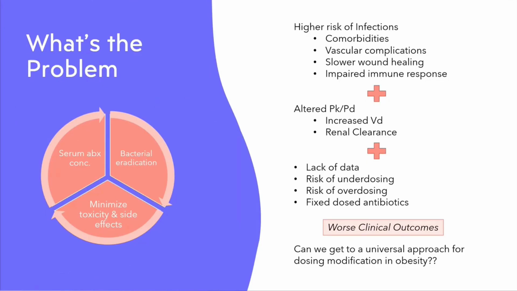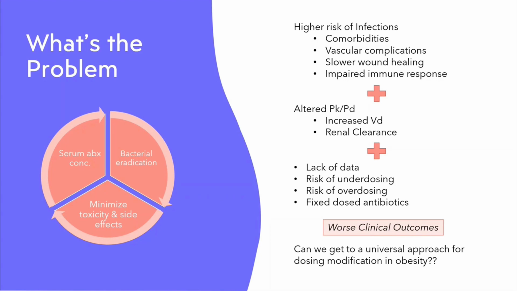So, what is the problem when it comes to treating infections in obese patients? First of all, we know that obese patients have higher risks of infections compared to non-obese patients. This is primarily due to their increased number of comorbidities, vascular complications, slower wound healing, and an impaired immune response. Then you add in altered pharmacokinetics, specifically increases in volume of distribution and altered renal clearance,